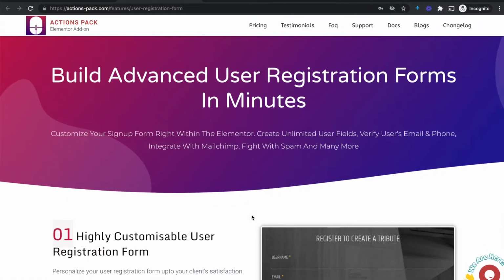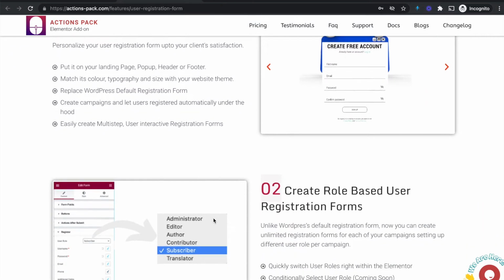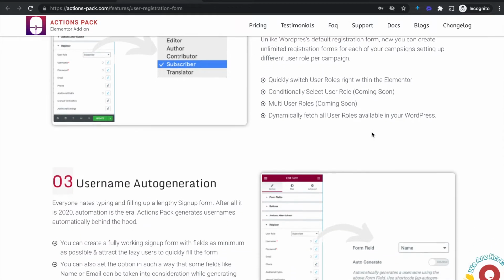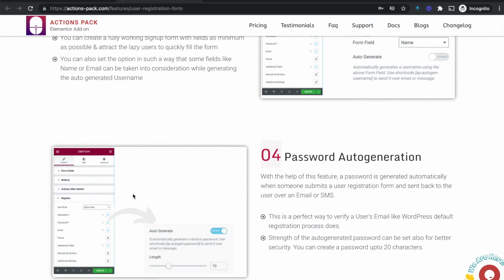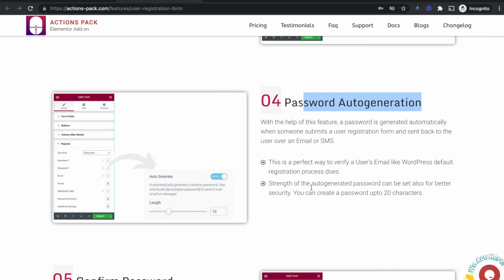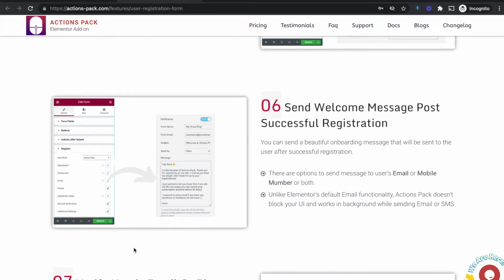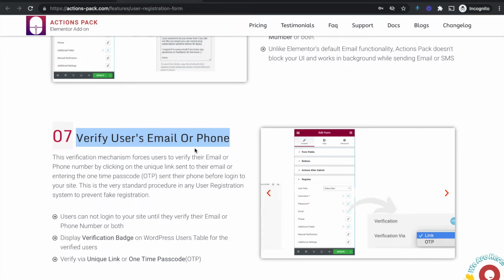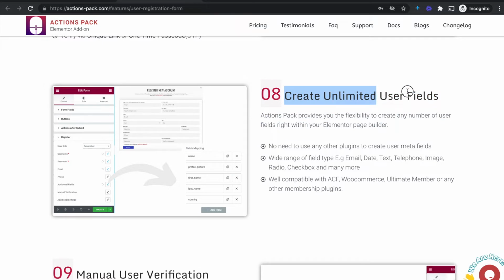You don't need any additional plugins to make it work, and nor do you need to configure any settings. This works out of the box. So once Actions Pack is installed and activated, you don't need to look for any additional settings or any additional widget settings that you need to change. This will work straight out of the box and is embedded within the Elementor Pro Forms widget, and I'll show you in just a moment where those settings are and how you can use those to configure and customize your own website, your registration forms, and your login forms as well. So this is a really great feature of the plugin in that it just works straight out of the box.